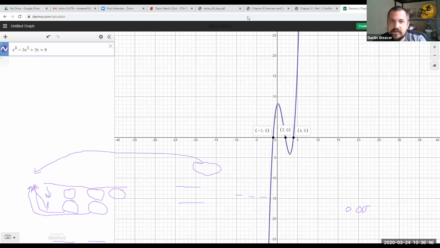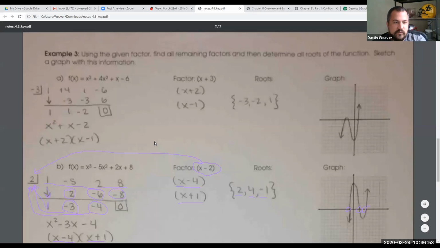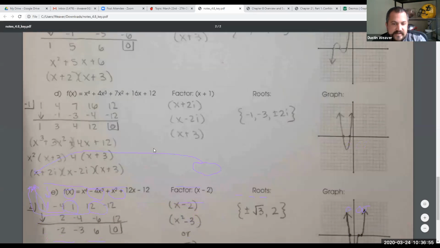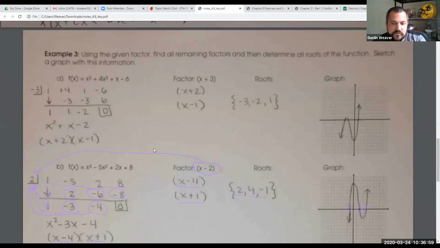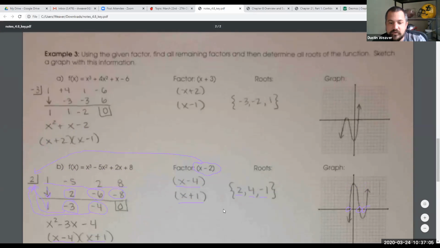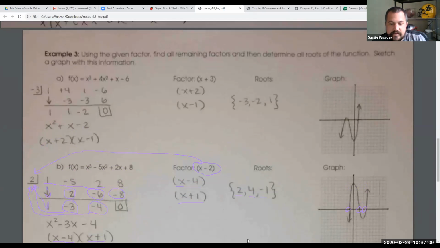Okay, so that's A and B. We're going to mark those off. We're done with those. And we're marking off C, D, and E. We're not going to deal with some of the imaginary ones as they are not going to test you on that. They're only looking at A and B. So example 2, A and B, and example 3, we did A and B. Okay. So I'm going to take you back.